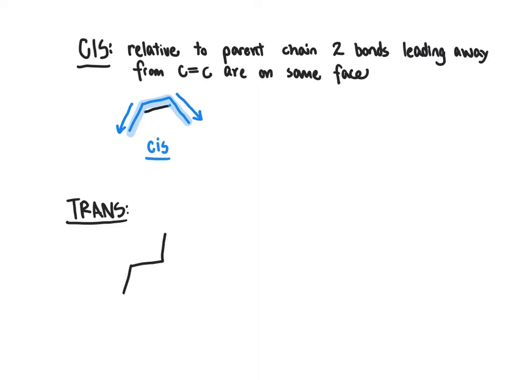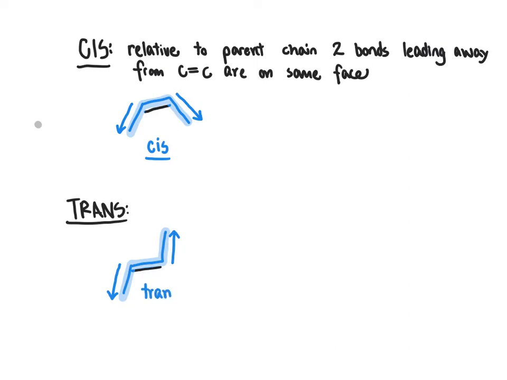And then the 2-butene molecule, to make this into the trans stereoisomer, we again follow the longest carbon chain here, which in this case is pretty easy. We'll do a couple of more complex examples in a moment here. And then we look at the carbon on the right here of the carbon-carbon double bond, and we see that the bond to the next atom we have to go upward to get there. On the other hand, if we come to this carbon on the left side of the alkene group, we have to go down to get there. So these two bonds are going off to opposite faces of the molecule, and so we describe that as